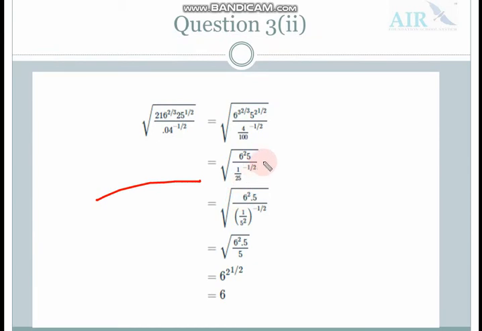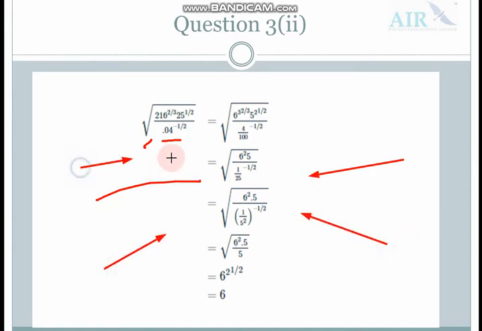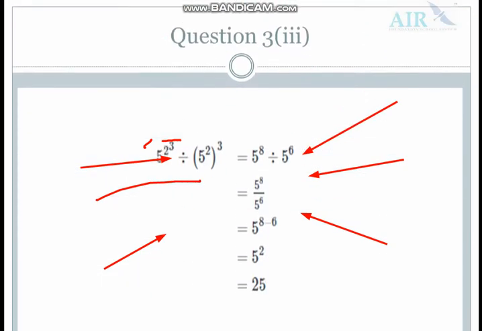Moving towards question number 3 part number 2. Again this question is the same. Here this is a root, the power of the root is 1 by 2. Here it is 0.04. What you have to do with 0.04 is, this is basically a decimal, you have to write this decimal as a fraction, so it will be 4/100, and then you have to cancel, it will become 1/25. Similarly, by using the law of exponent you have to solve this question as well, and I hope that you will face no query in this question. Still, if you face any question, you can contact me, you can ask me wherever you get stuck.